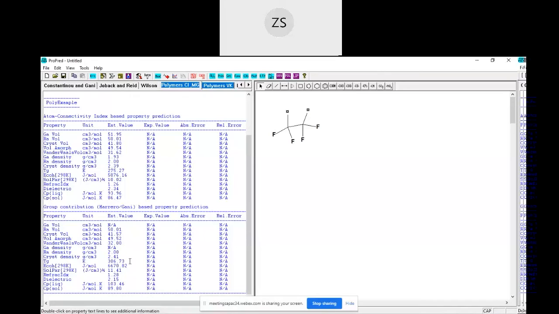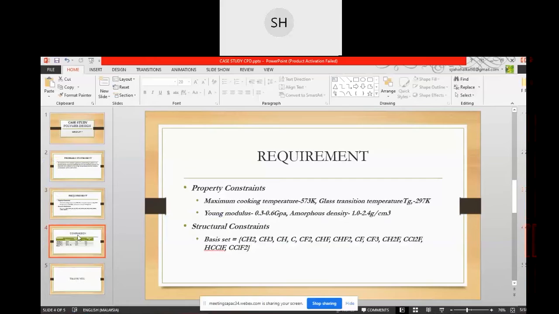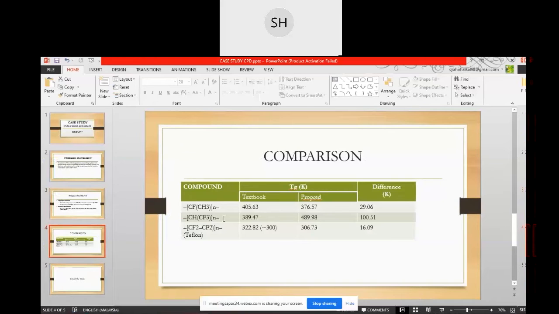Okay, so for comparison, we managed to get 3 compounds that are similar to the table produced by the textbook as reference.